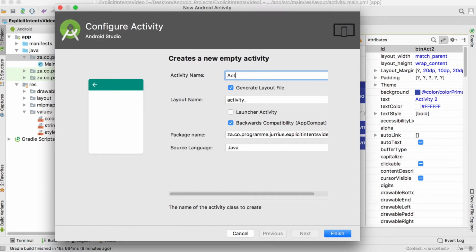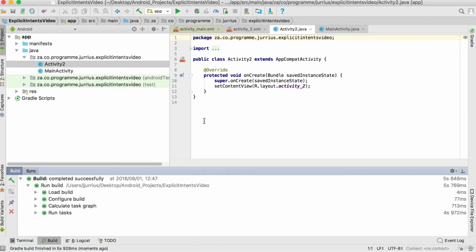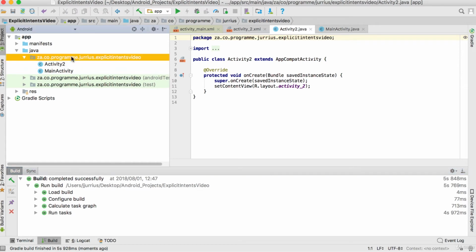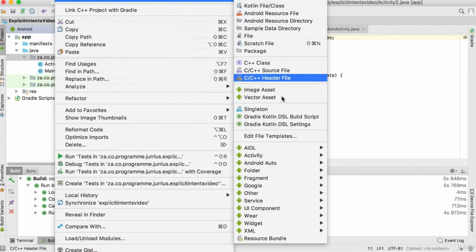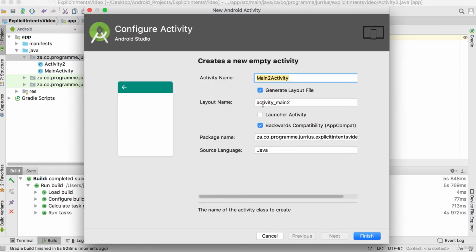So I'm going to call this one activity 2 and we can leave it as generate the layout file and the rest should be fine. I'm going to say finish. Right, so as soon as your activity is done building at the bottom, we're going to right click again, say new activity again, and we're going to create another empty activity and we're going to call this one activity 3